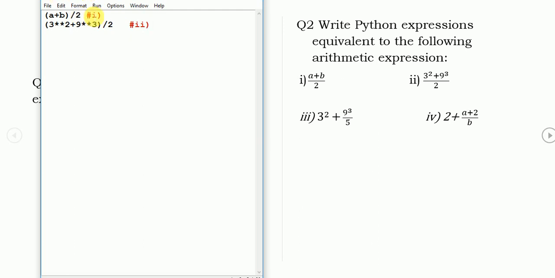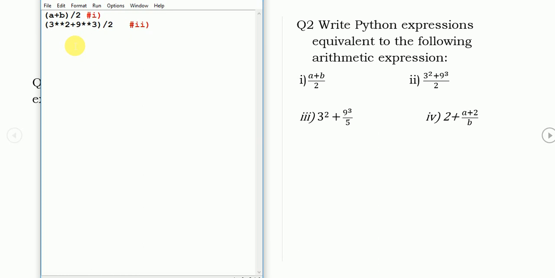This hash symbol and the number, this is the part number and hash is for the comment. Next is 3 square plus 9 cube by 5. Now here the difference is, in the second part the full number was divided by 2, but here we have to do the square of 3 first and then we have to divide the cube of 9 by 5.